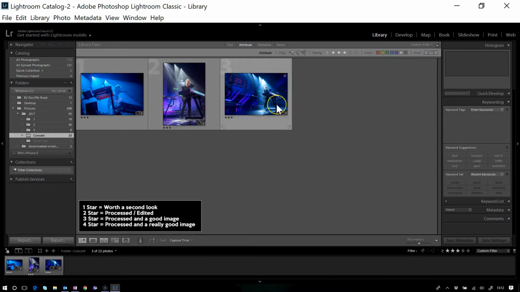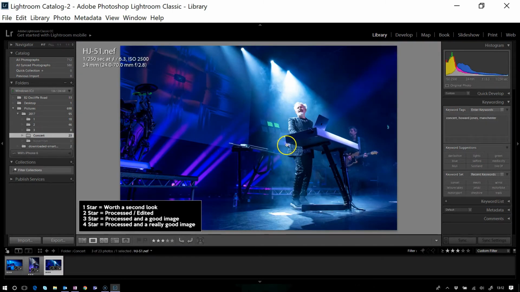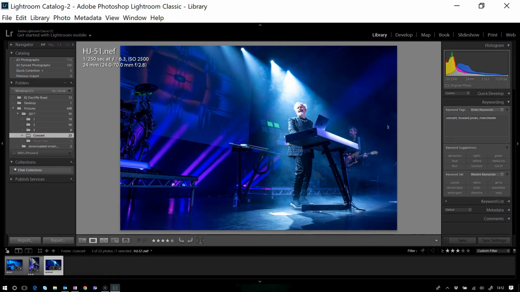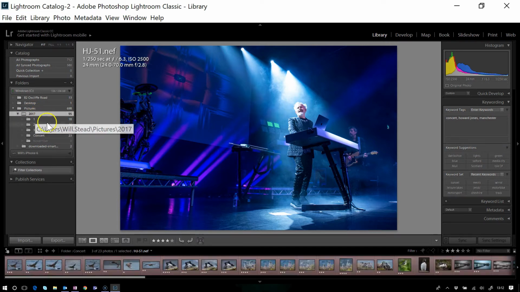They've got 3 stars. The only other star rating I would give is if I get an image that I really like, I will give that 4 stars. And to be fair, I never use a 5 star. That's the only star ratings I use: 1, 2, 3, and 4. And I use that consistently across all my images, across all my libraries, and that way I can find images really quickly. If I look at another library here, for example, let's just look at all my images from 2017